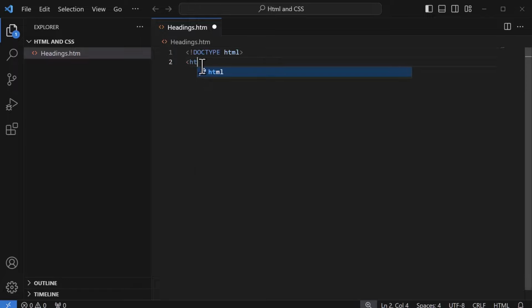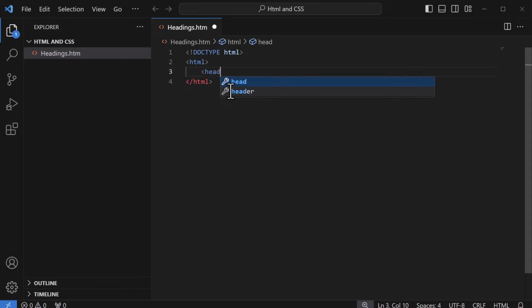The next tag is html. As I close the angle bracket here, the closing tag will appear by VS Code itself. I don't have to write the closing tag by myself. The next tag was head. If you don't want to write anything inside the head tag, you can skip this tag. But it's recommended that you always specify the title of your HTML document that will show on the browser tab, on the browser window. As you see, when I close the angle bracket, the closing tag of head will appear